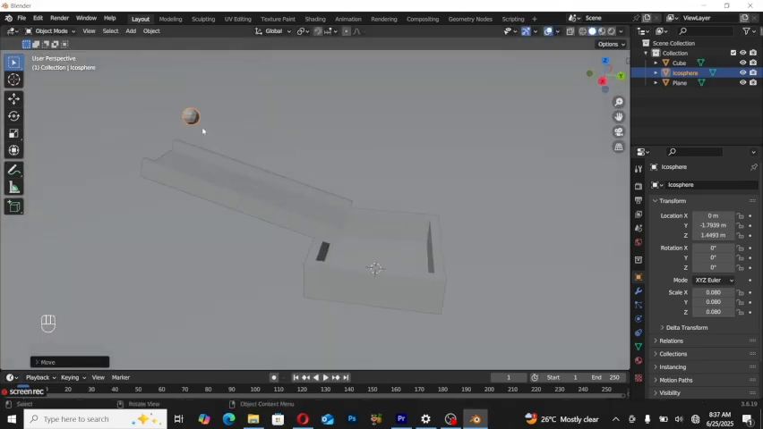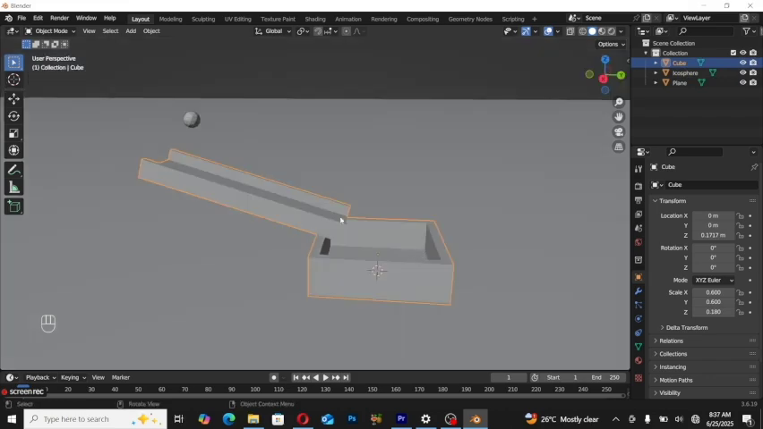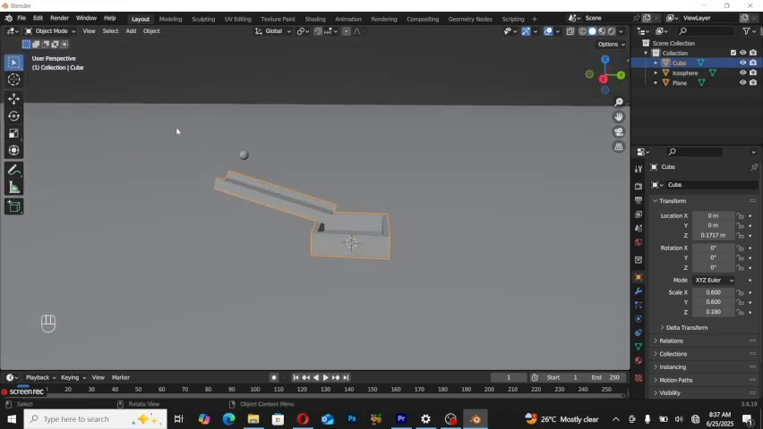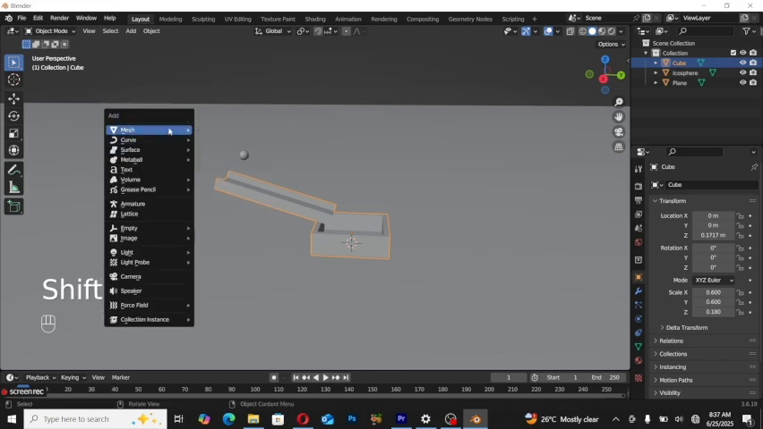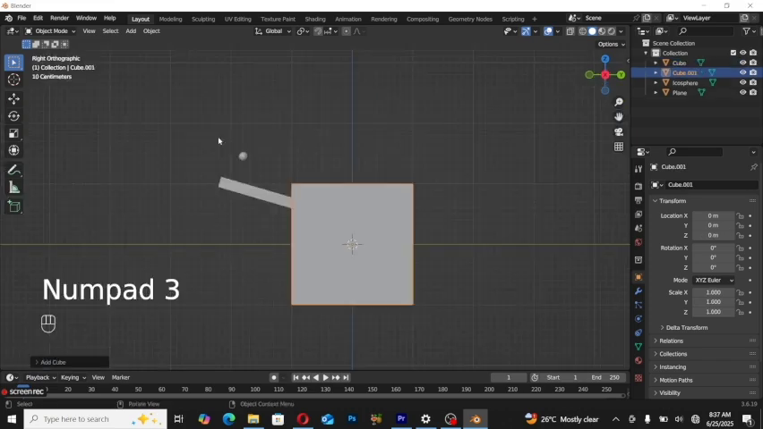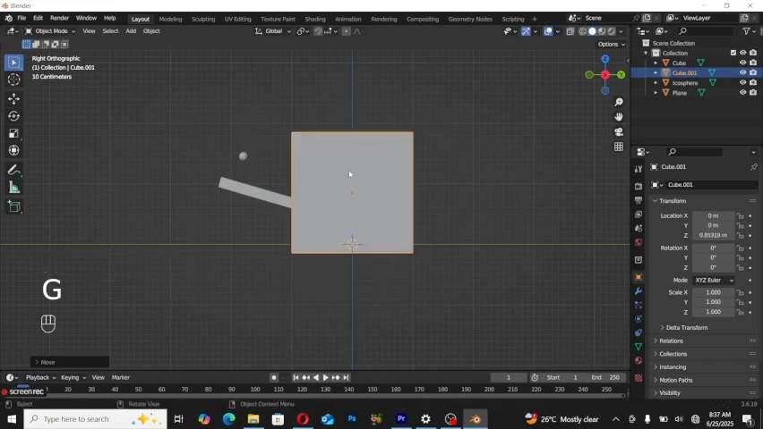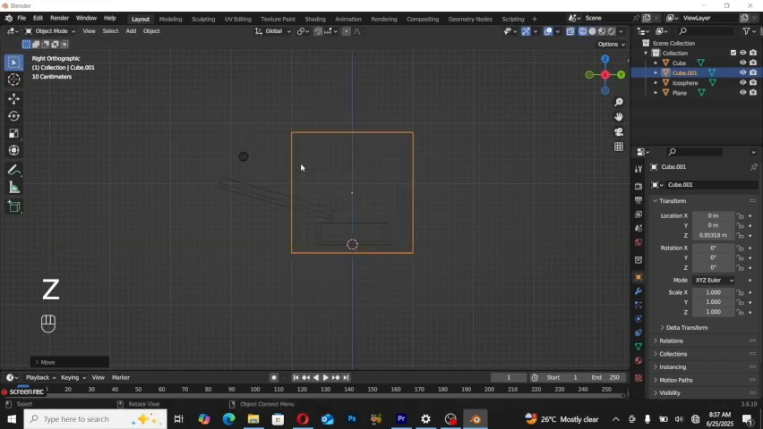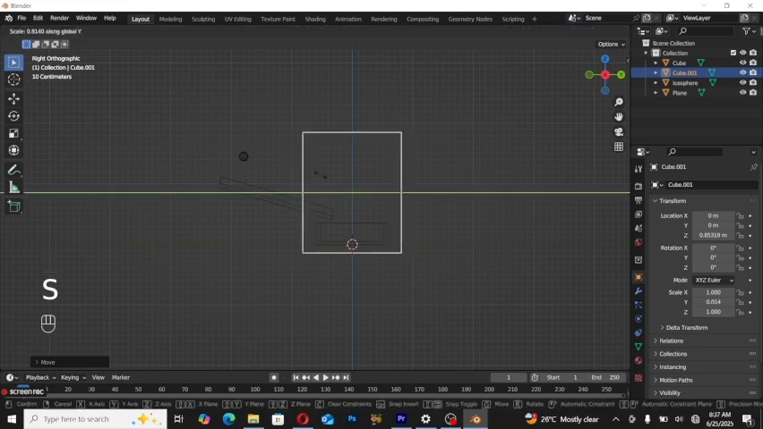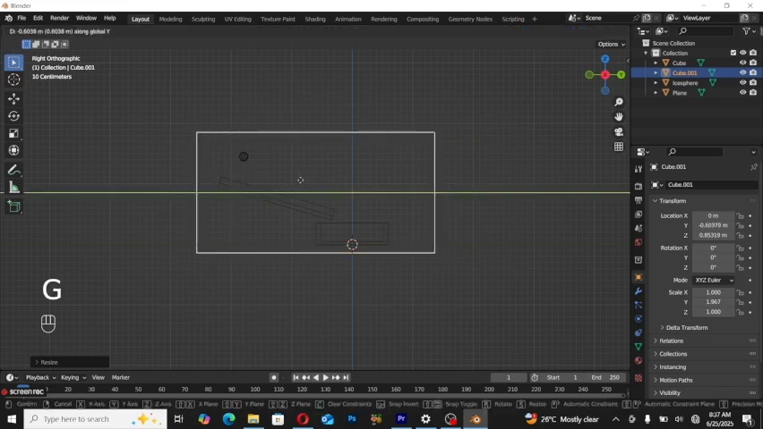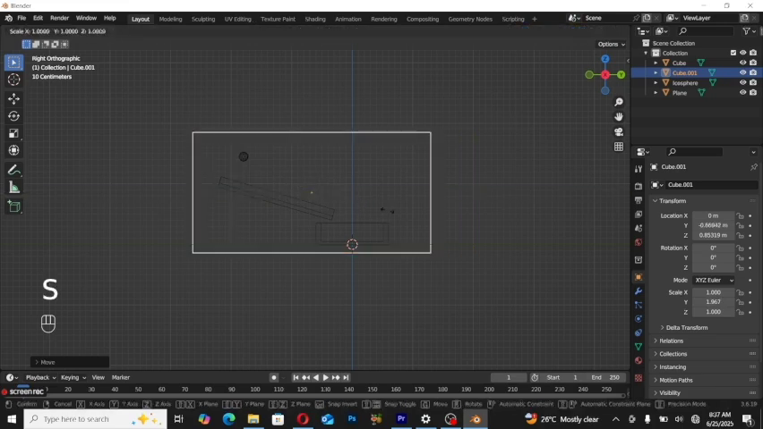So this sphere is going to emit the fluid and it's going to collide with this into the chamber. So now we want to add our domain. So Shift A, mesh, cube, 3 for side view, G, Z, bring it up like this, and SZ, and then SY, and scale it to this point, and GY to bring it to this side like this,